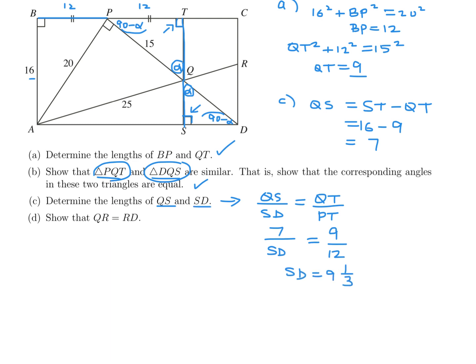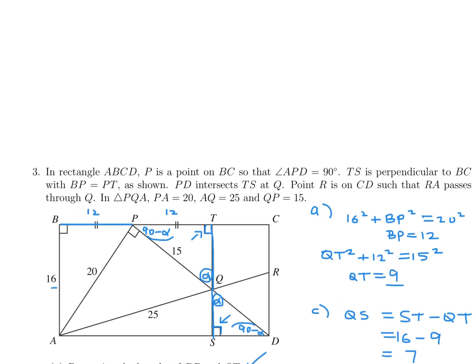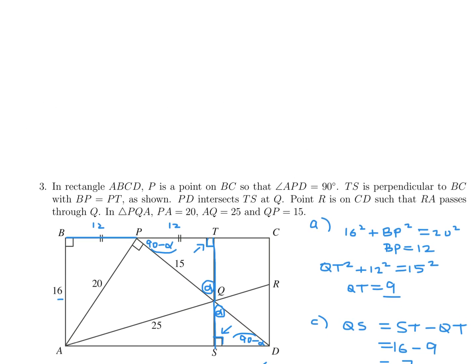And then finally show that QR is equal to RD. All right. Okay, so I'd like to keep this diagram in the photo. So we have to show that QR is equal to RD. Okay. Well, I think I'm probably going to have to look at similar triangles again, and in particular, those triangles are PQA, which I'll draw over here and avoid making the diagram messy. So this is PQA, so this is a right angle,